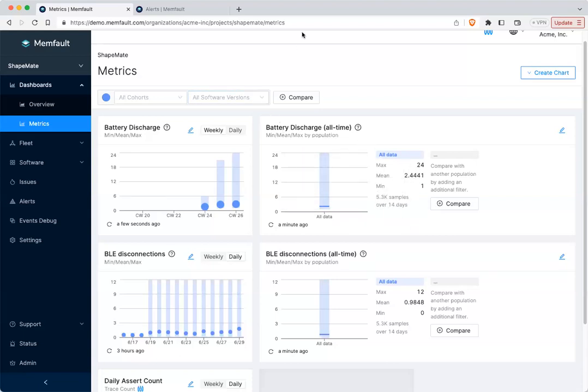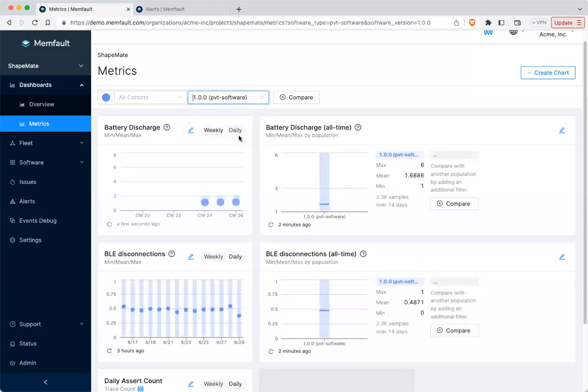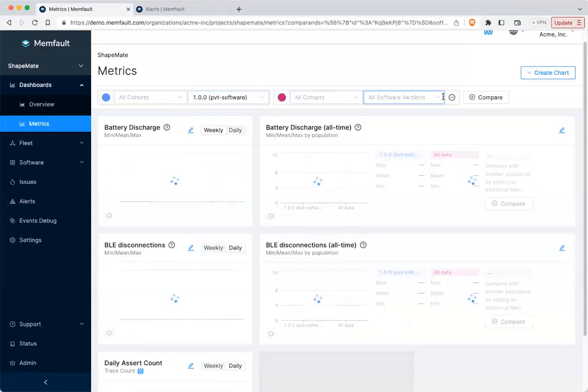So we know that we've been experiencing rapid battery drain on our ShapeMate in dev since we launched our latest release, so we've been monitoring this closely. So let's compare the battery drain across software versions. So we have our first software version here, and I'm going to compare it to the next release that we shipped. Oh no, let me just